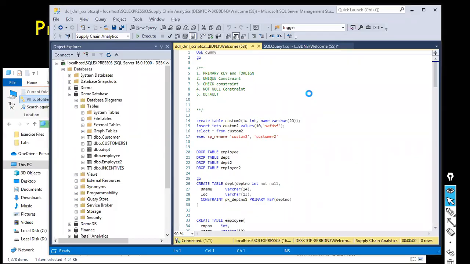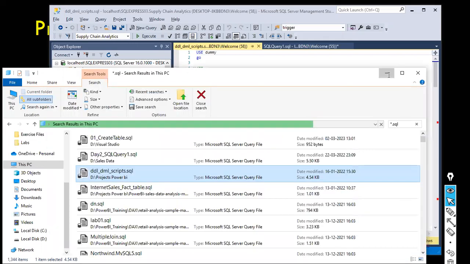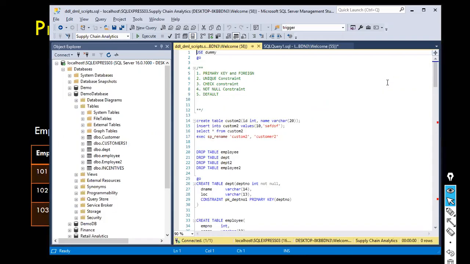In yesterday's session, we discussed the constraints. So what is a constraint and why do we need to create constraints? And also we have seen the table creation script, DDL and DML, the types of SQL statements: DDL, DML and DCL. DDL stands for data definition language, DML stands for data manipulation language, and DCL stands for data control